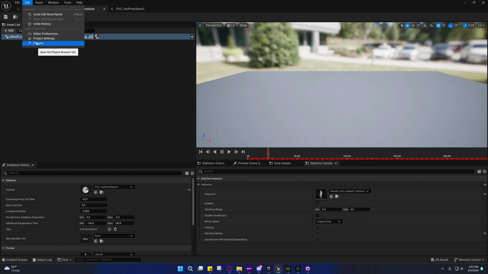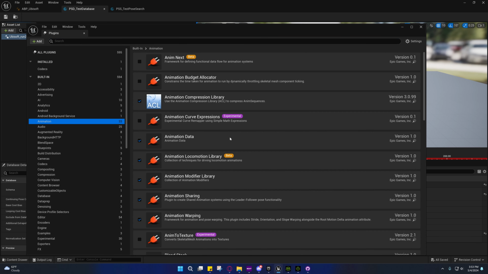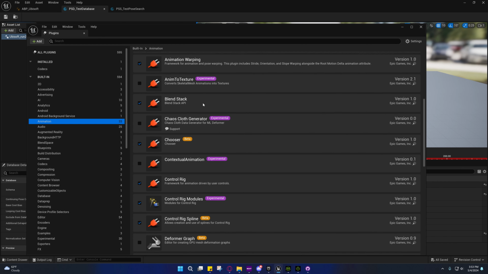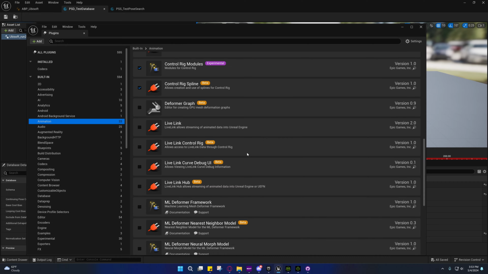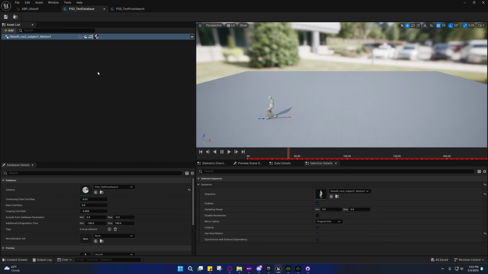Like I said, I've only actually spent a couple of hours even studying this, so I don't know a whole lot about this yet, but people were asking me to do a video on this, so I wanted to cover it for you guys. So if you go into plugins and go into animation, you do need the motion trajectory plugin enabled, and you need the post search plugin enabled. Now there's probably about 5 billion motion matching in Unreal videos out there now, so I don't really feel like I have to go over this